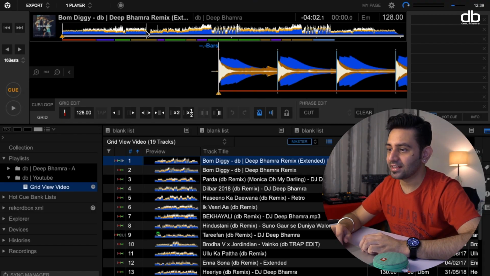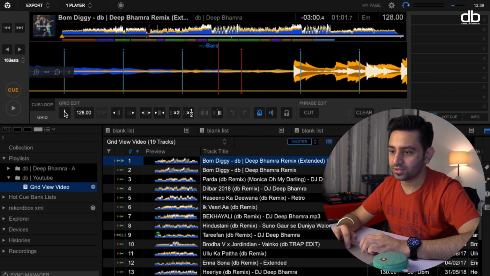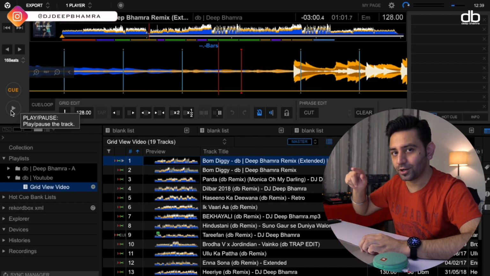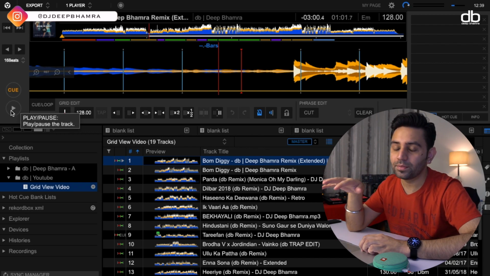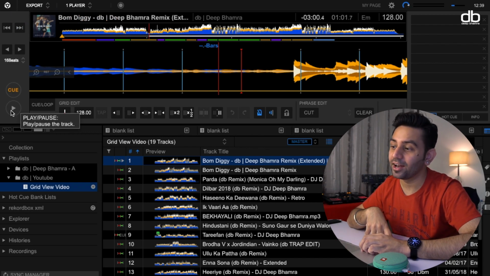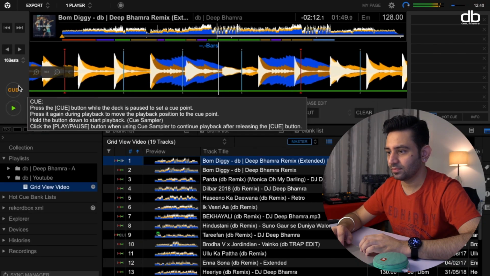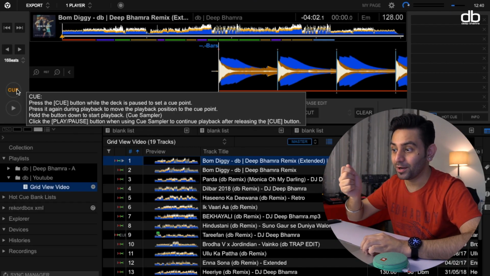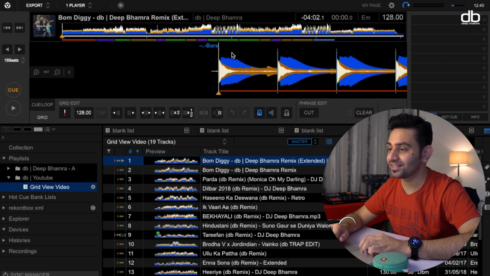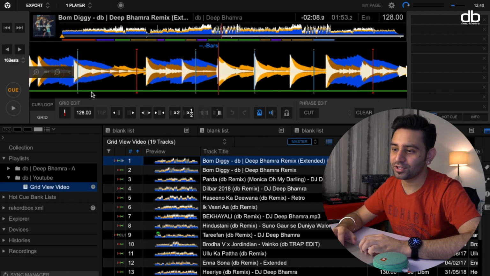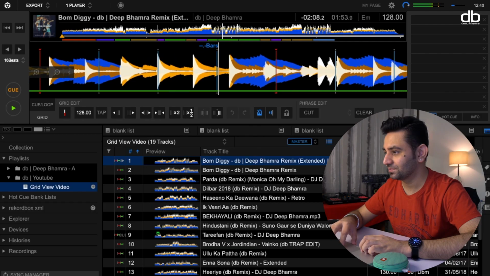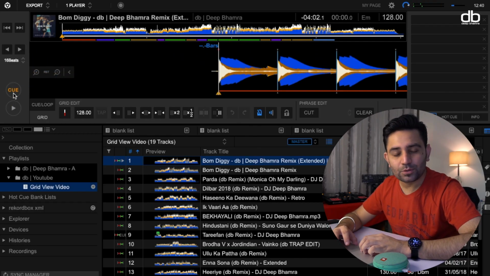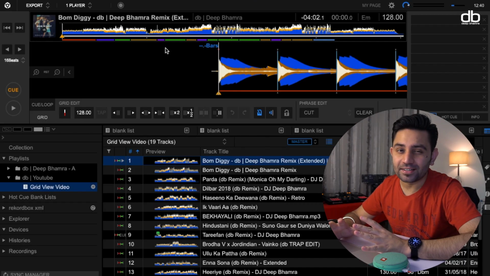And this track has a breakdown somewhere over here. When it goes down, you can see that the beats are no longer on the line. So now when I play the track, you can hear the click sound is running at 128 BPM, but the track will be at 105. So let me play and show you. So I know that it's at 105 BPM, but the metronome is running at 128 BPM. And you can see that even when I'm playing this, the BPM will still show 128 on the top right. So that is where the problem is, okay? And there is a very easy way to fix this.